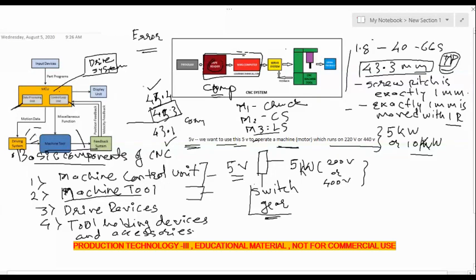Okay, so this is the error: the difference between the required travel, the pulses given for the required travel, and the actual travel made by the components of the machine. So this is to be tracked, and when we keep track of this and get a signal that yes, 43.3 has been traveled or no, 43.1 has been traveled, this is called feedback. This is called position feedback. We have two types of feedback. One is position. For the time being, remember this is feedback. Don't confuse position feedback and velocity feedback, which we will see later on.